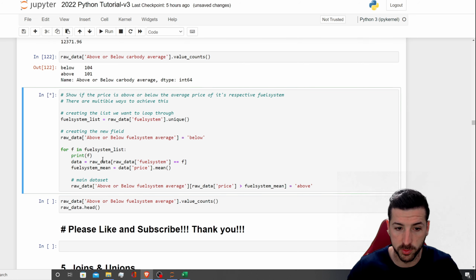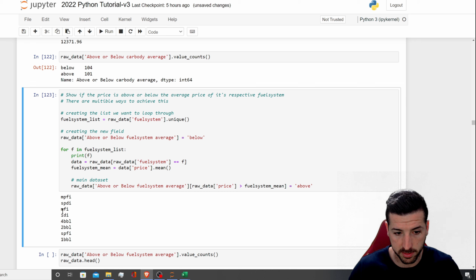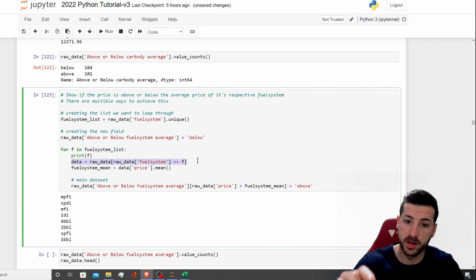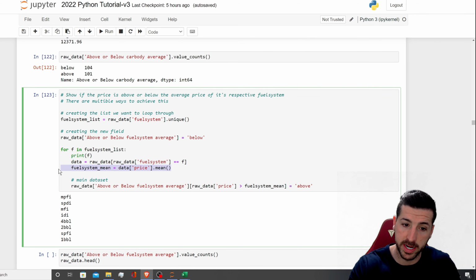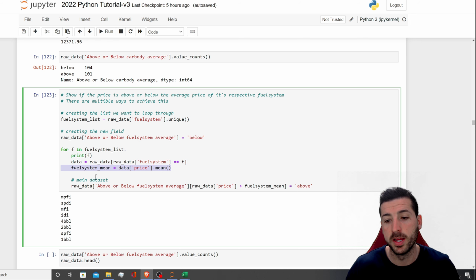through all the fuel systems. These are the fuel systems. Then we limit the data into one fuel system at a time. Then we calculate the mean price for this fuel system. And then we update the new field we have just created here, whether it's above or below the mean fuel